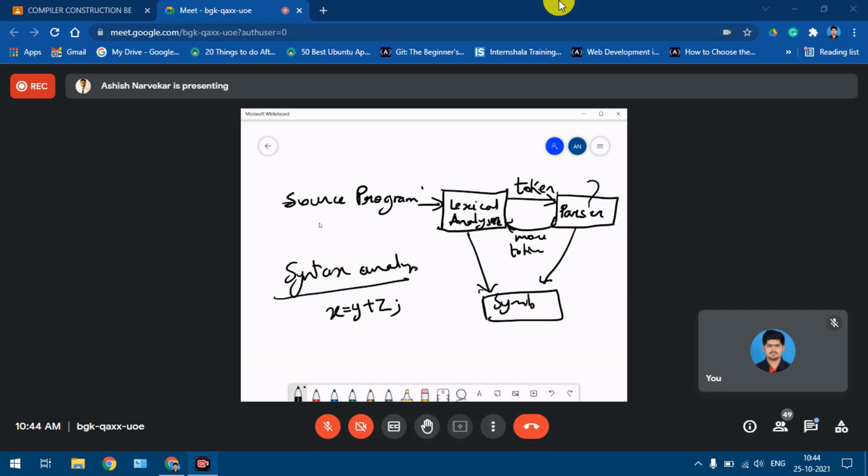Now we know that this is a valid C statement. We are considering the C programming language. We know that this is a valid C statement, assuming that all these variables have already been declared. Because we know the C language, we can easily say that it is a valid statement. But how does the parser do this? The parser has to refer to a certain set of rules, based on which it will say that this particular statement, after parsing, is correct. For that it requires certain rules.